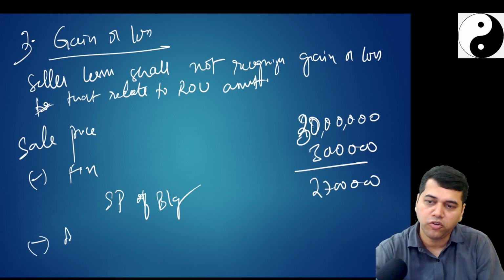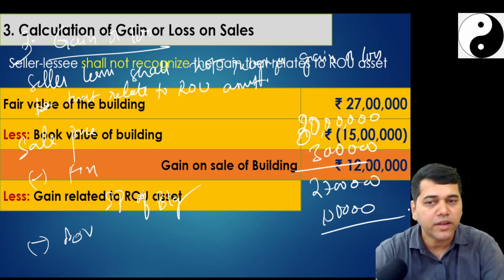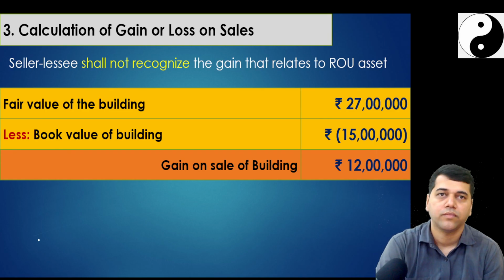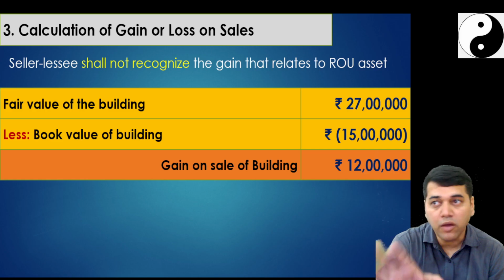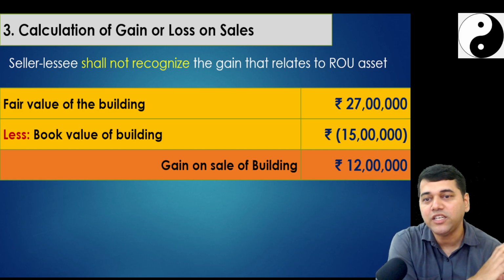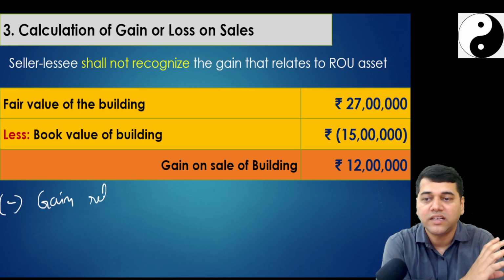Minus book value. How much? 15 lakh. So you would have recognized a gain of 12 lakhs. Simple. But the standard says, look, you have retained some rights with you. It is your asset. To that extent, you don't recognize the gain. Less gain related to